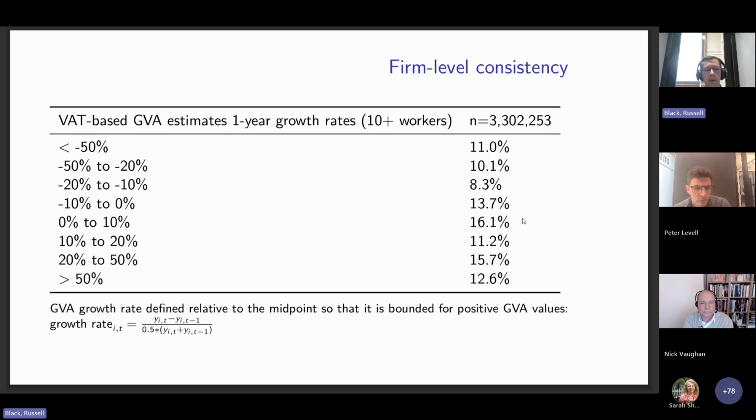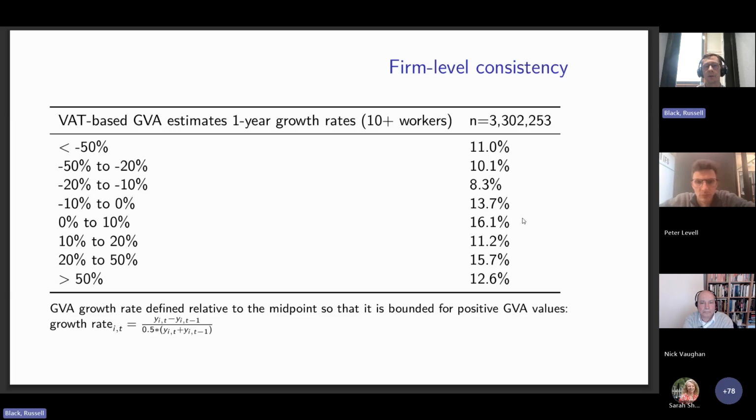We could have a lot of companies where their GVA grows 50% or their GVA shrinks 50%. Generally wages and employment are more stable than profits, and GVA is the sum of profits and wages, but GVA does vary. And you can have firms moving in and out of positive and negative GVA. 1 year, if anything, is actually quite a short amount of time.